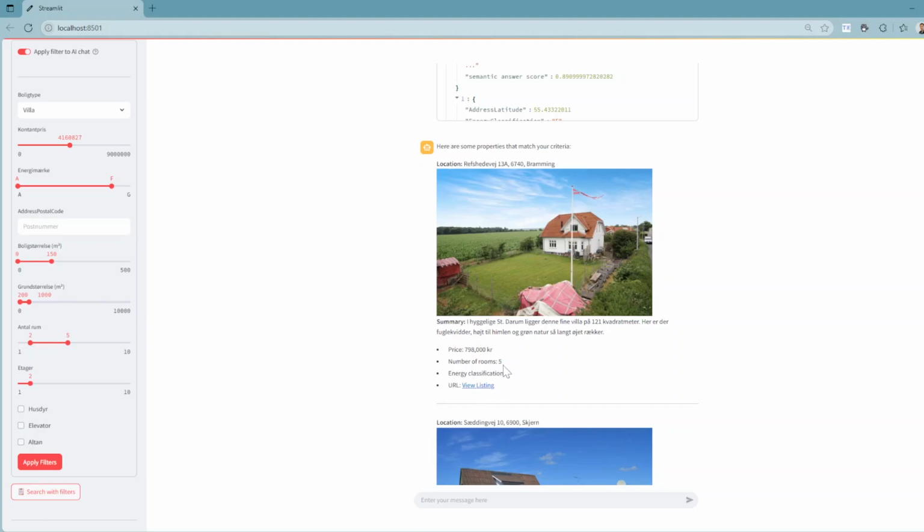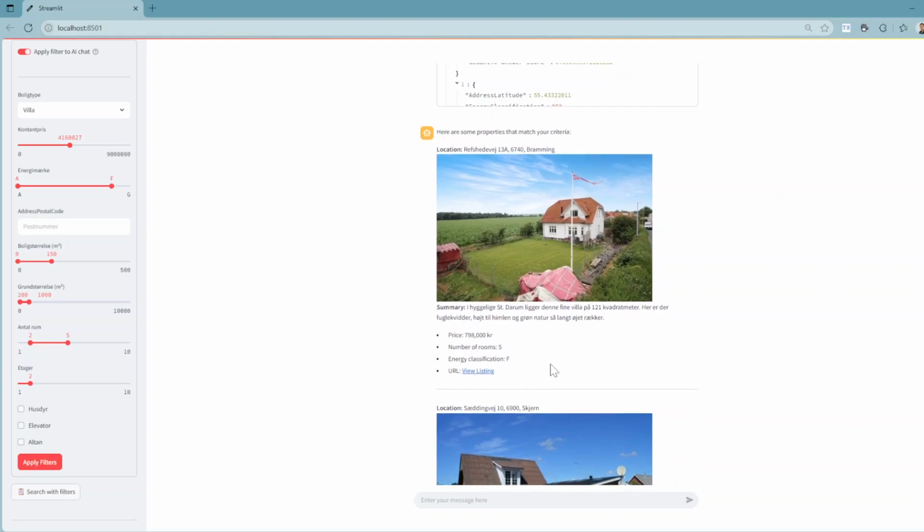So let's see, 5 rooms, energy class F, yeah, and it's below 5 million. So that you can do. So we can even narrow down the search with natural sentences. So maybe I just want to adjust this and say, hey,